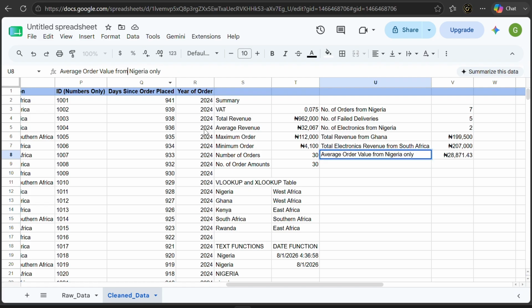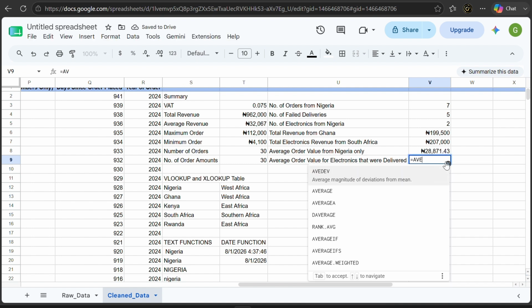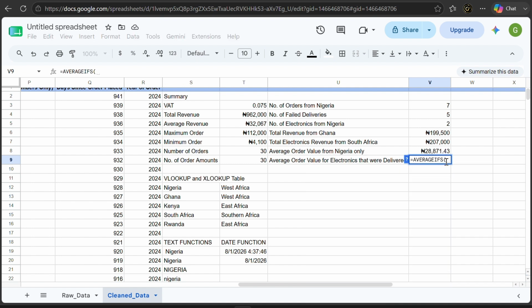All right, and then I think one more thing we'll try to look at is the AVERAGEIFS, right? We can look at the average order value for electronics orders that were delivered. That seems long. Anyway, average order value for electronics that were delivered, right? So yeah, we'll use the AVERAGEIFS, then open your brackets, and then